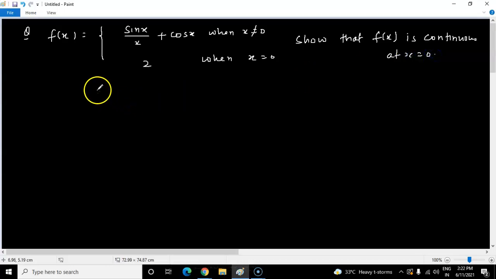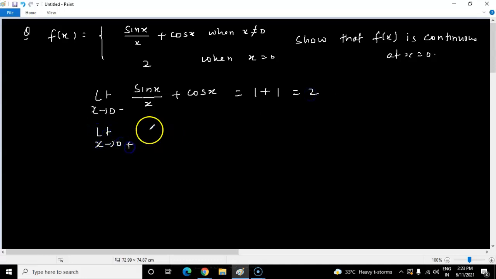Okay. So we have to find limit of x tends to 0 minus first, right? For 0 minus, we choose the function sin of x by x plus cos of x. So this becomes 1 only, right? Sin x by x becomes 1, and cos 0 is 1. So cos 0 is also 1, that becomes 2. Limit of x tends to 0 plus, if you put it, then also this is the same function you have to choose. This value also we will get: 1 plus 1 is equal to 2 only. And f of 0 also is given 2 only. So all three are same.